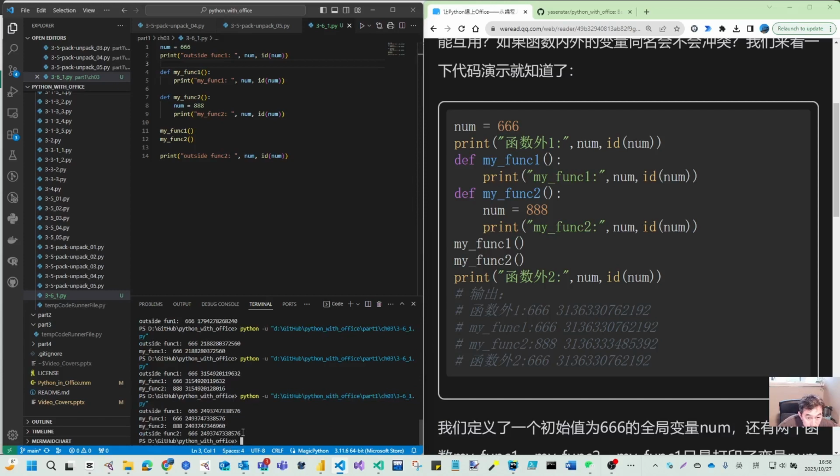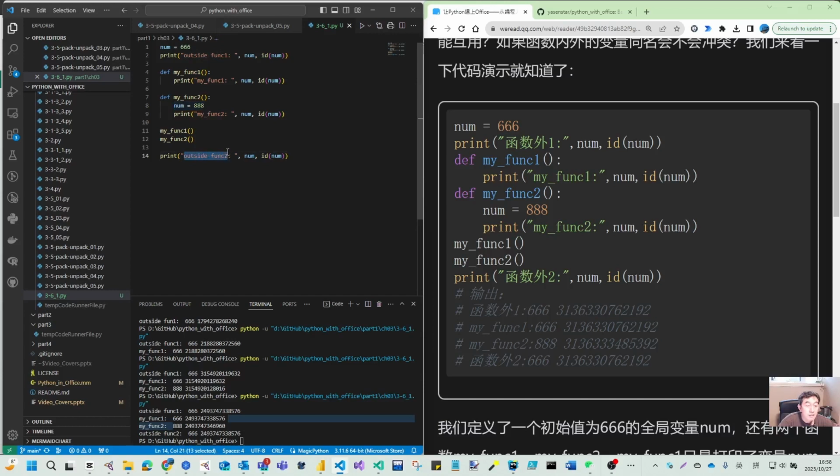You can see here, the first, second, and number 4 load this 666, but only number 3 loads the inside variable. That means you can define a variable inside your function, but this variable